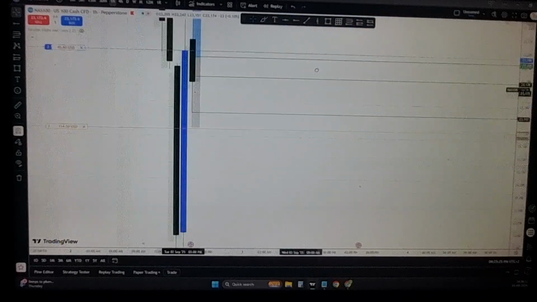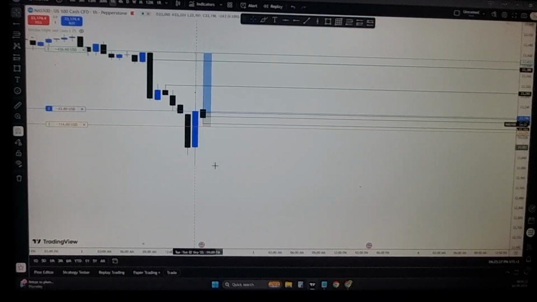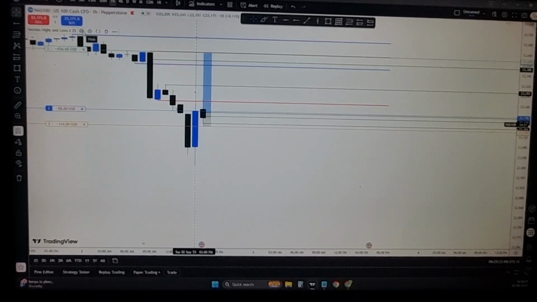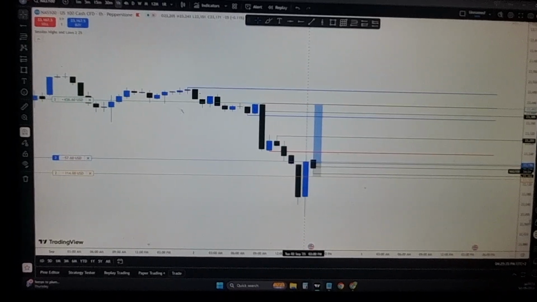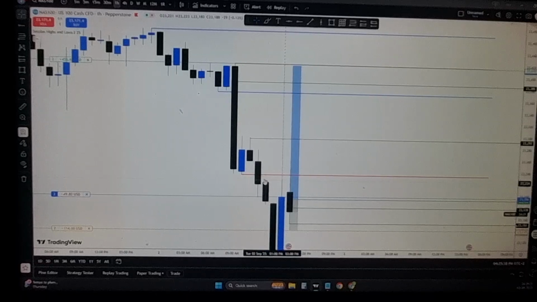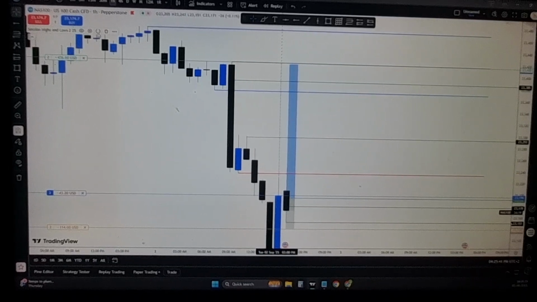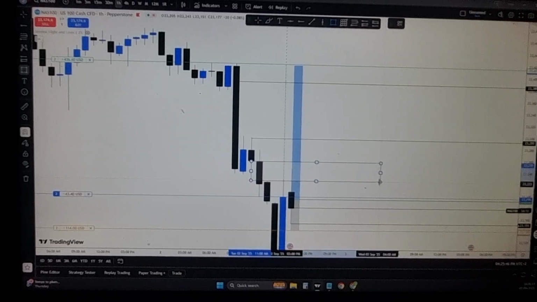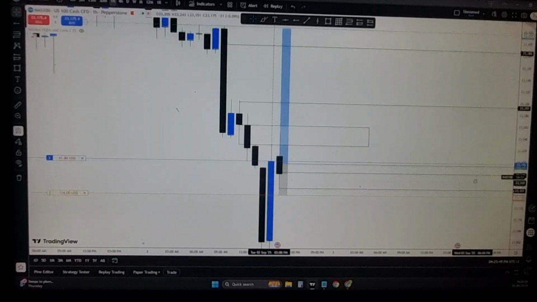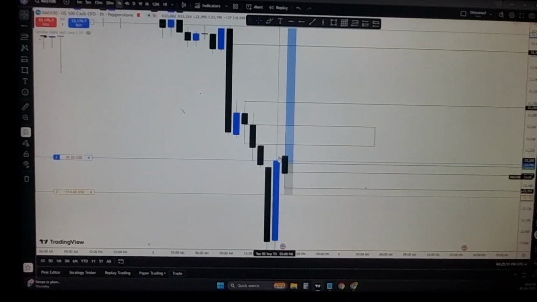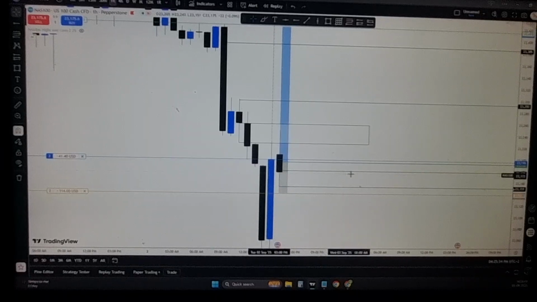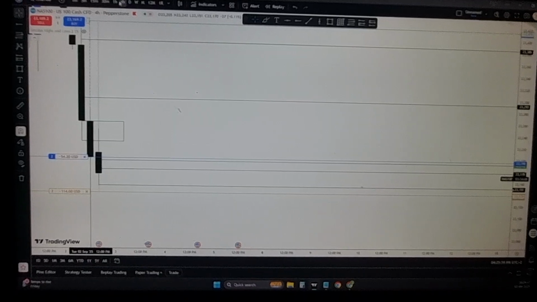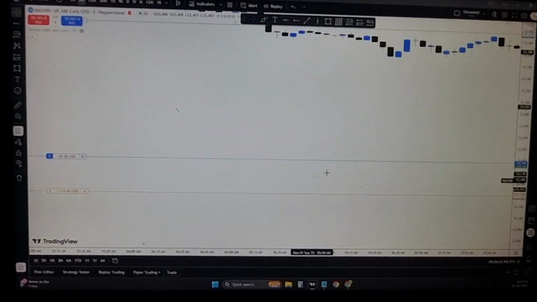Let's see how the 1 hour closed. Okay, so we did close bullish, which means let's put our indicator on. Yeah, I don't know. I do think we are respecting this fair value gap over here. And just for that we are gonna be stopped out. That's what I'm thinking. On both trades, just because I put my stop loss to break even on this one. So let's wait and see.